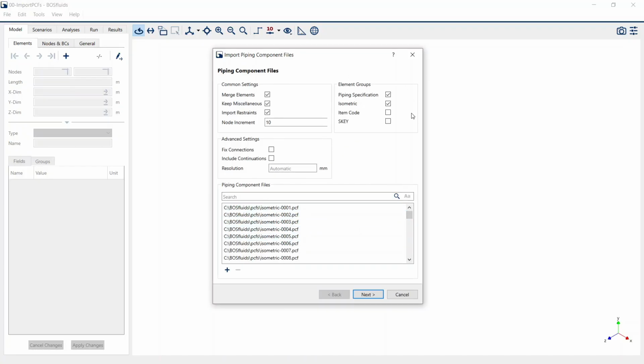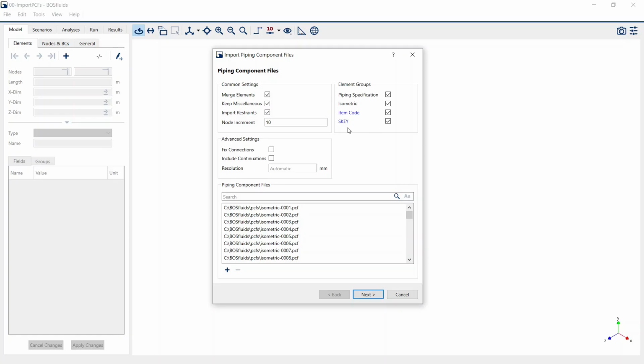You now have new options to group the different elements in that model, both item code and symbol keys. The item codes and symbol keys are often used to depict some specific type of fitting, like a specific valve. This makes it much easier to identify them and add some